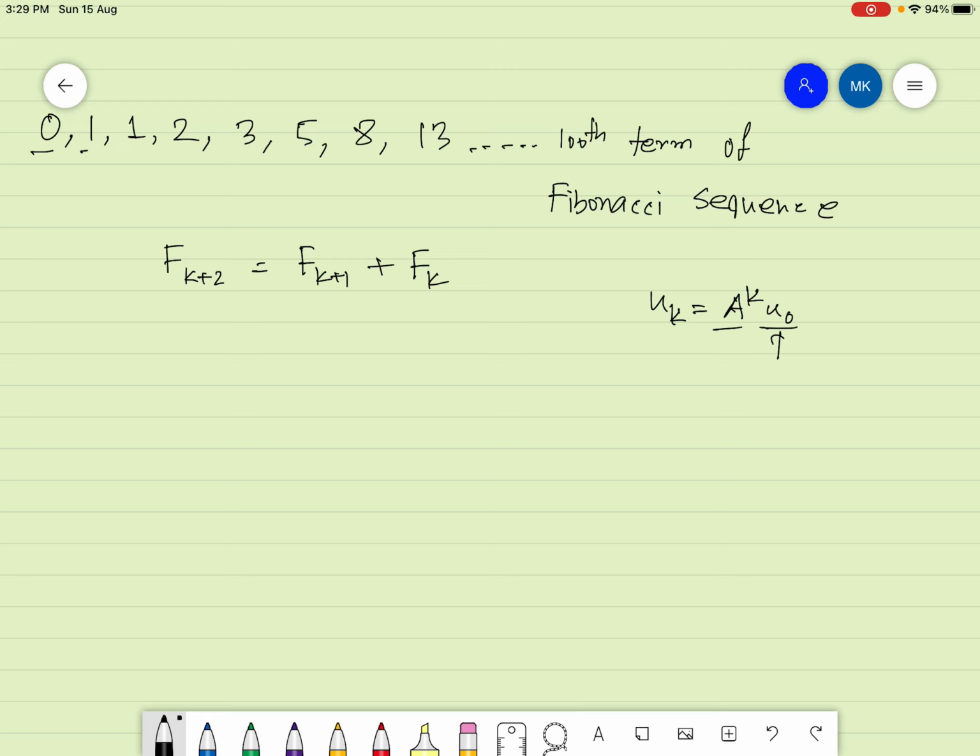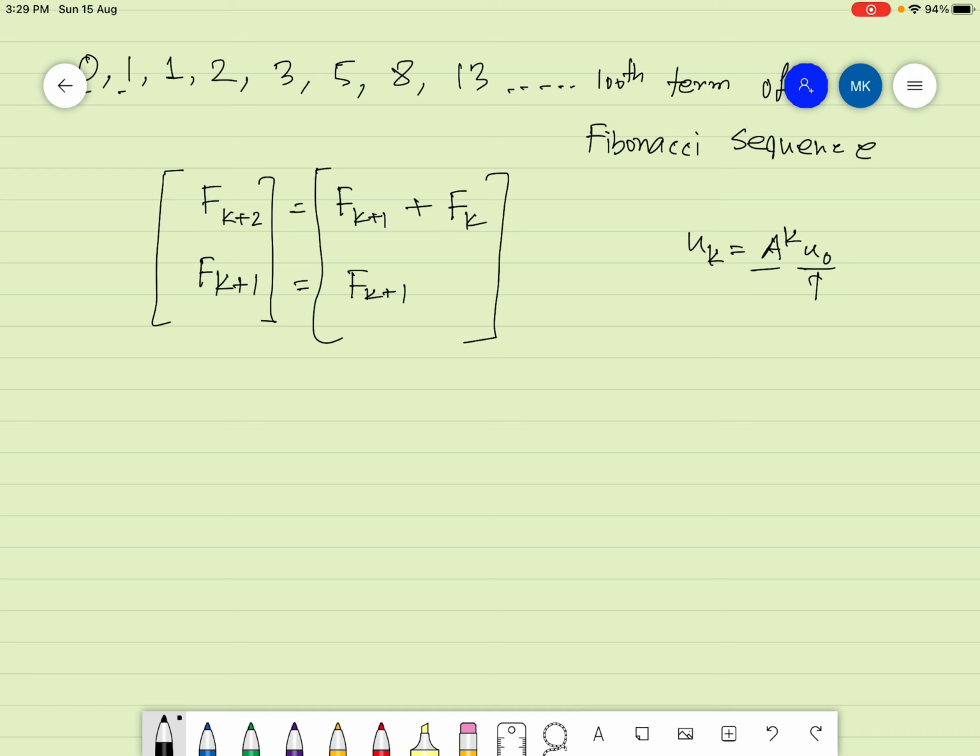So we need, let's say we have f of k plus 1 equals f of k plus 1. This is just a dummy line to create a 2 by 1 vector. If you consider this as the left hand side and this as the right hand side, then let's say